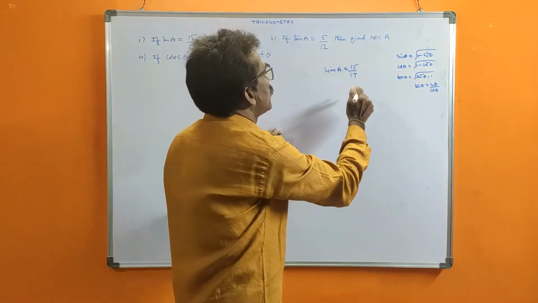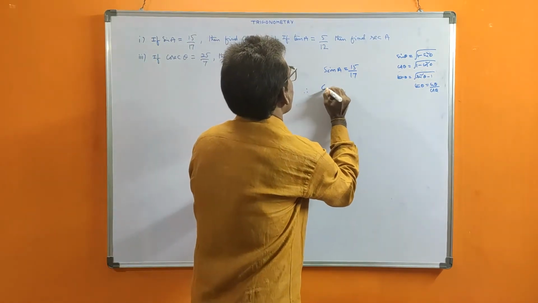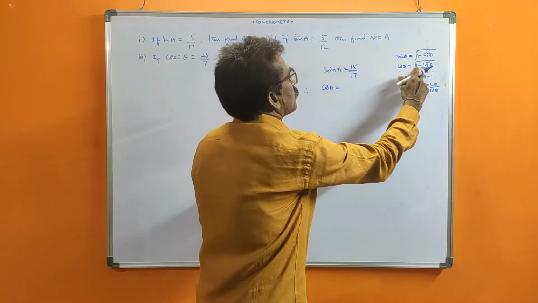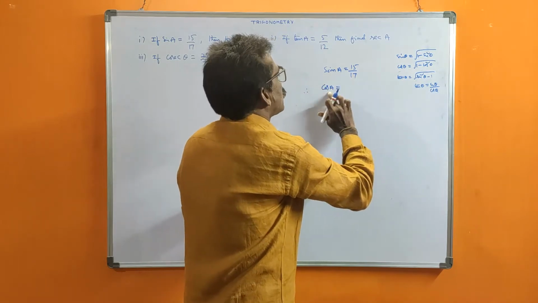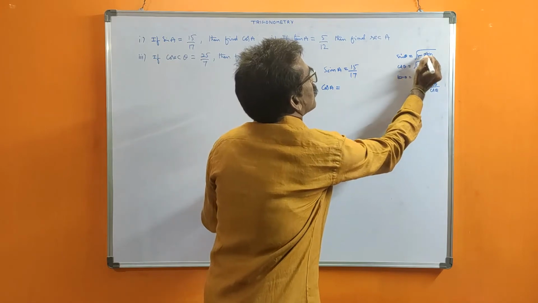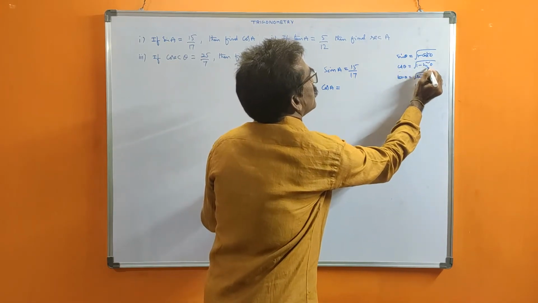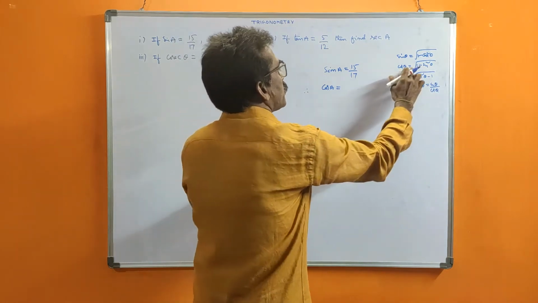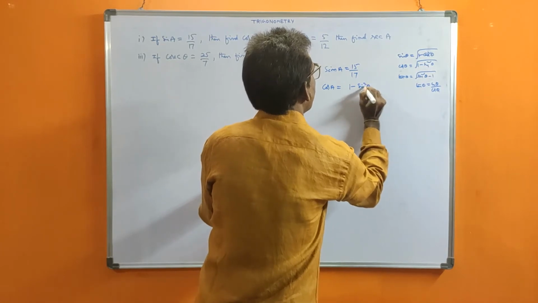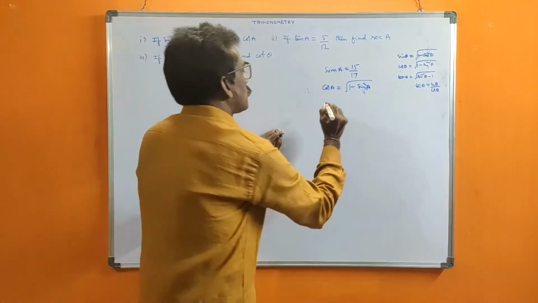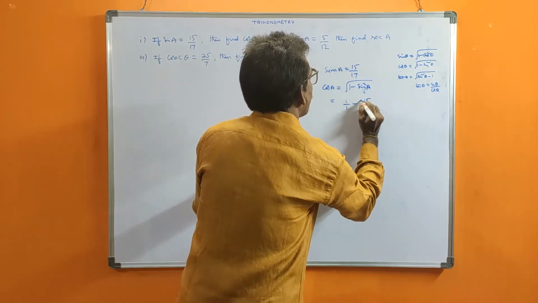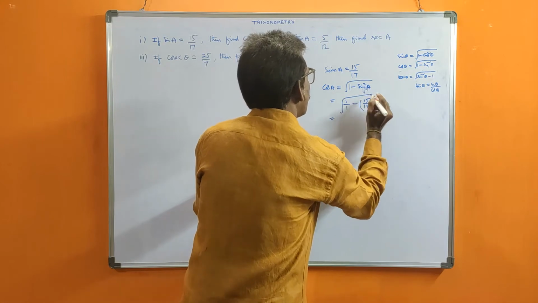Now see, sin theta is given. Therefore cos A, where theta means any angle and here the angle is A. So cos theta is the square root of 1 minus sin square theta. To calculate cos from sin, we use 1 minus sin square A under root. So directly, sin A is given as 15 by 17, and we square it and take the root.